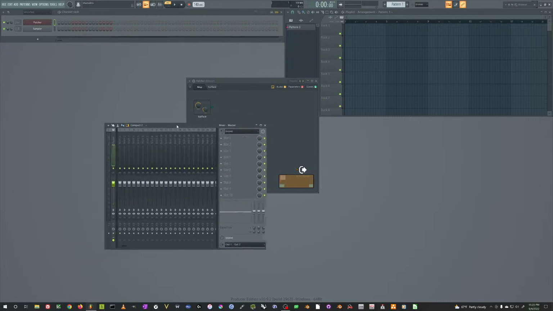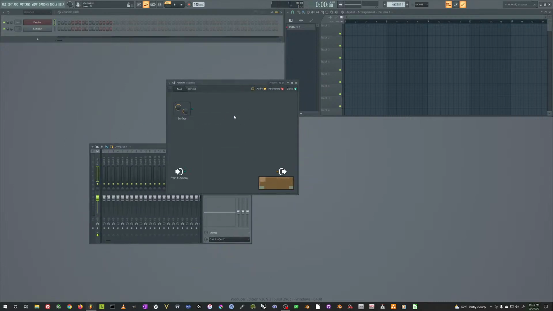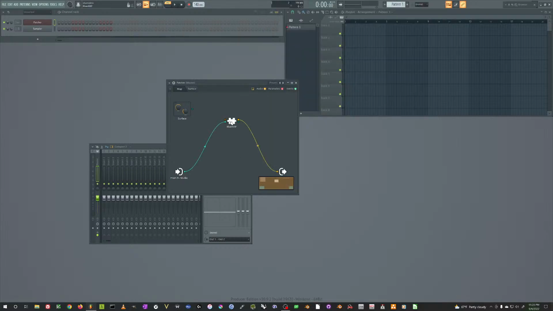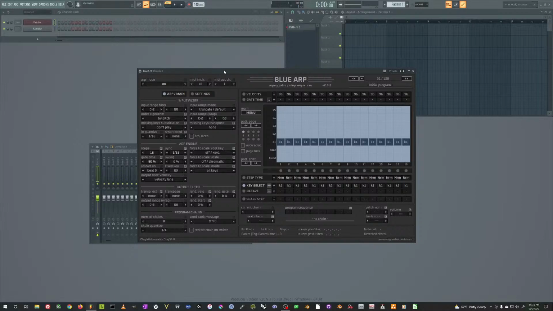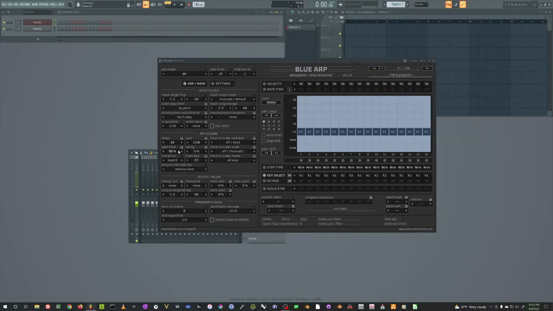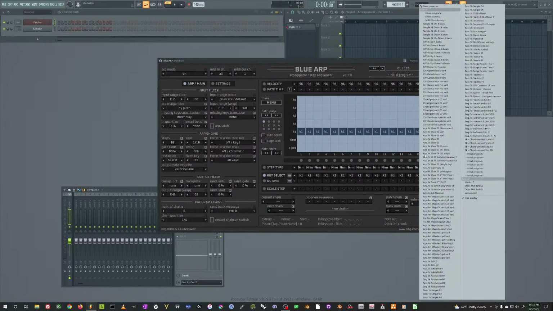Like this can be in front of this, but once I make a bluearp and have it open, now watch. Nothing can be in front of that. So that's a little annoying, but for the most part, once you have it set up,